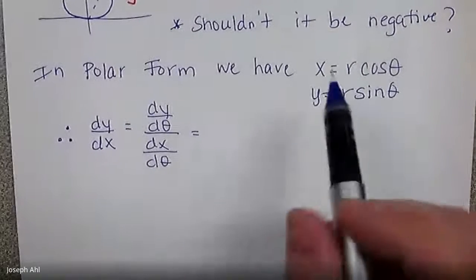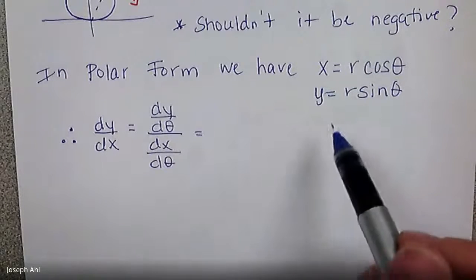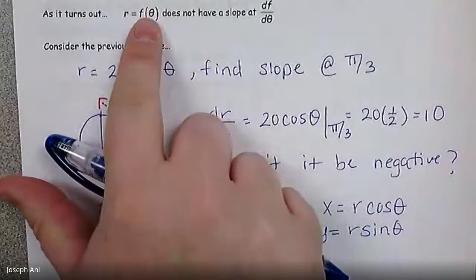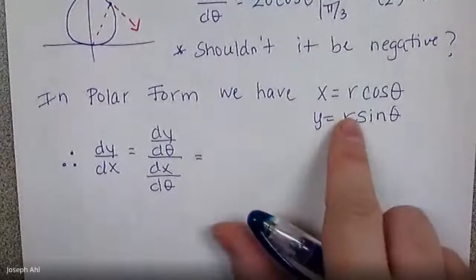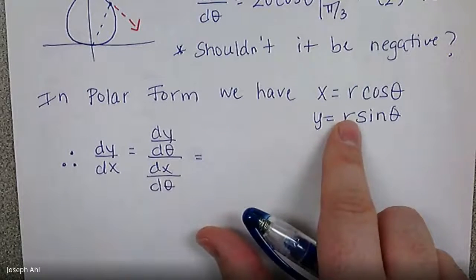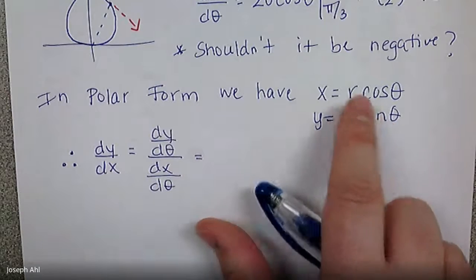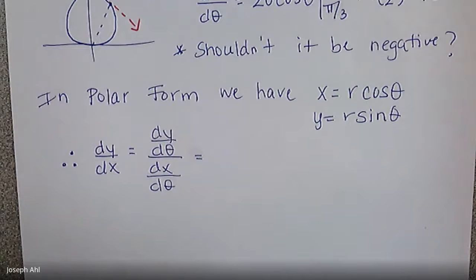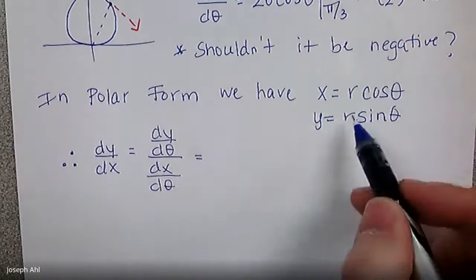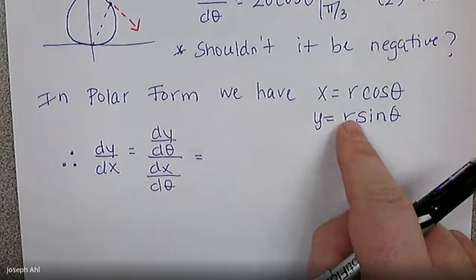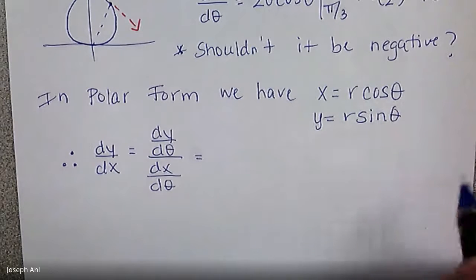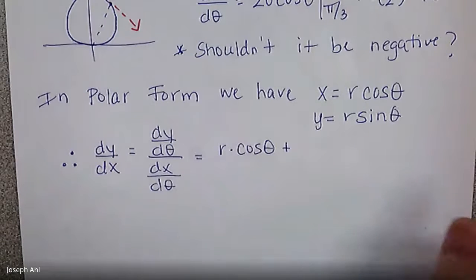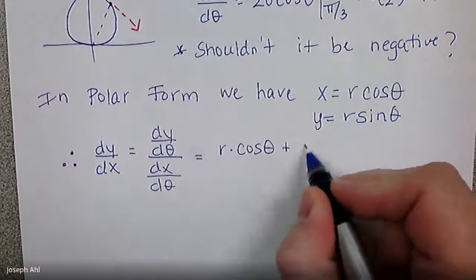Well, what is that going to look like if I have something of the form r sine theta? Remember that r is going to be a function f of theta here. So what we really essentially have is if this is some function f of theta, we have a product rule with sine theta. Similarly over here, this is going to be a product rule with cosine theta. So when we go to find the derivative dy d theta, it would be something like, well, the derivative of sine is cos, so it's going to be r times cos theta plus, well, the derivative of r is just r prime